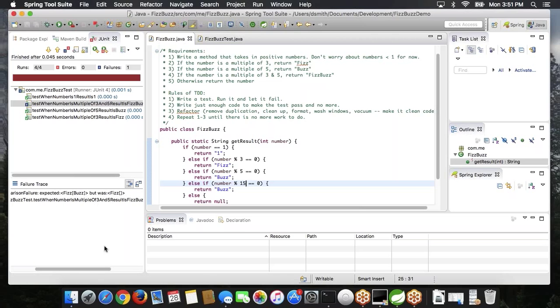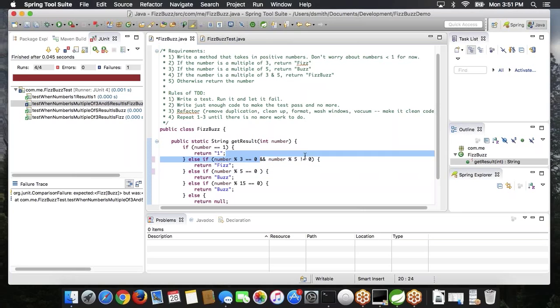It says expected fizz buzz, but was fizz. Why is that? Okay, so here's where I'm returning fizz, and when I pass in 3 times 5, it's 15. 15 mod 3 equals 0, so I've got an ordering problem here. I can either add some logic that says like this. Okay, I could add the same logic down here. Let's try that again. Copy, paste, auto format, run my tests,